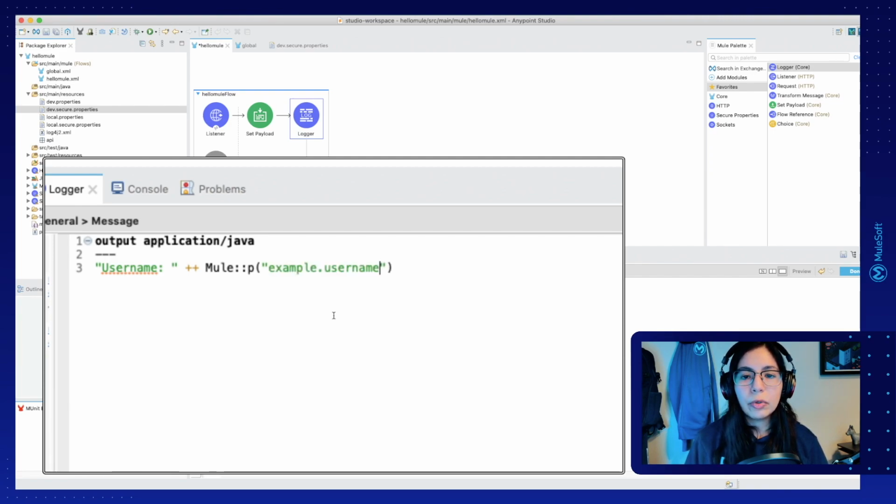So this is how you would read a normal property, but in our case, we're using a secure property. So to tell DataWeave that this is going to be an encrypted value, we have to write secure and then ::. This will tell DataWeave that the example.username property is secured and it needs to be decrypted before using the value here. After that, I am going to concatenate another string, and in this case, this is going to be just a dash,